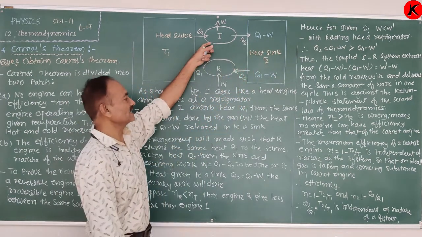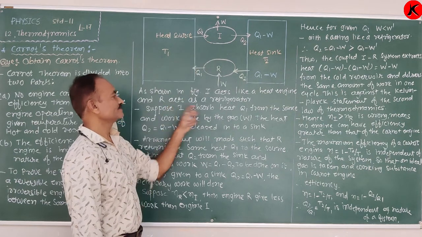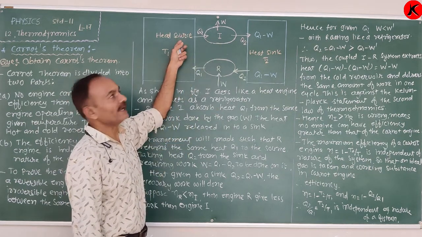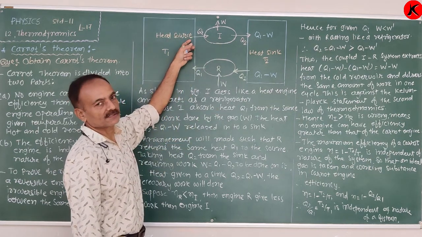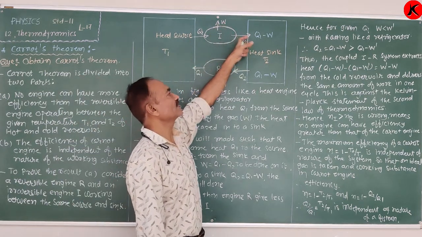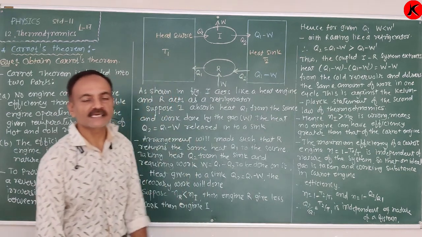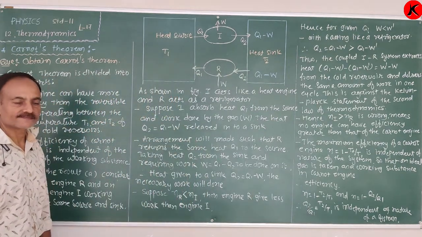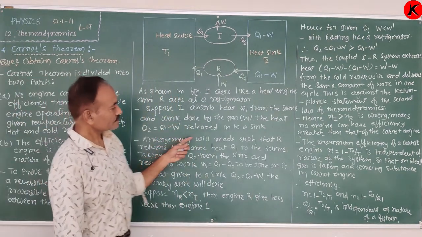Again, I acts as a heat engine. It absorbs the Q1 amount of heat from the heat source. So as a result, work is done by the working substance and Q2 amount of heat is released in the heat sink. Now,